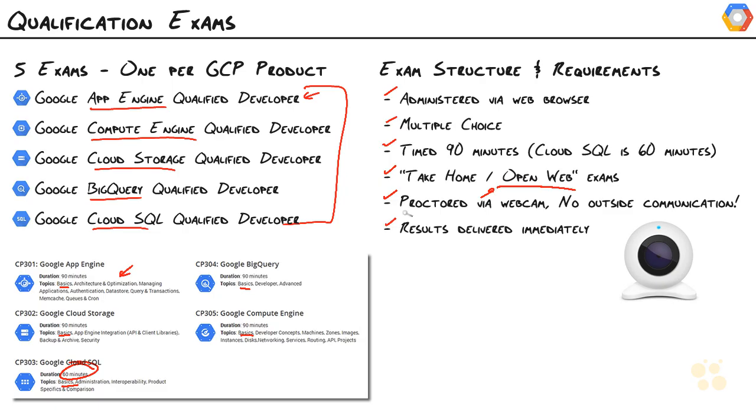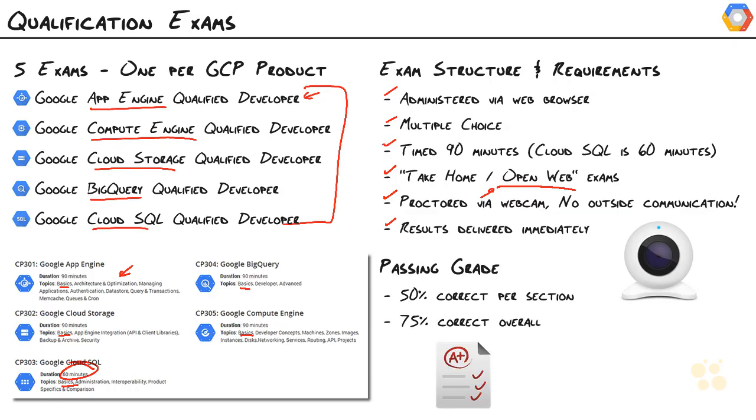As soon as you're done with the test, you will get an email letting you know how you did on each section and your overall score and if you passed or failed. And if you did pass, you'll also get a nice certificate delivered into your inbox. In order to pass the exams, you need at least 50% or better score in each section and a 75%